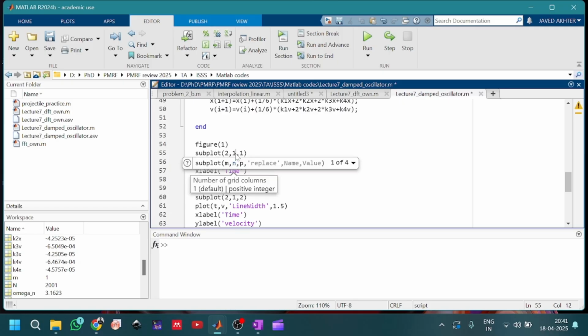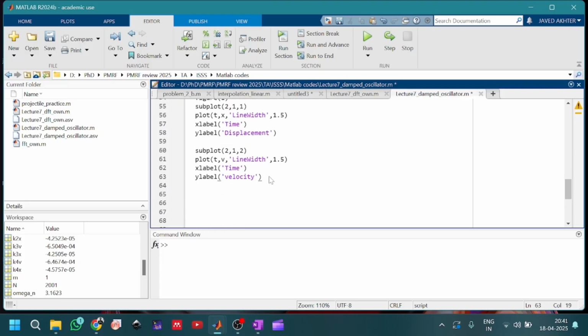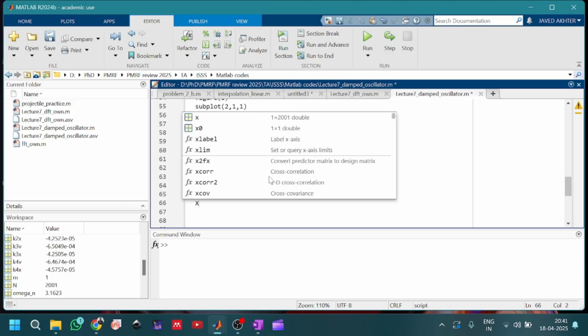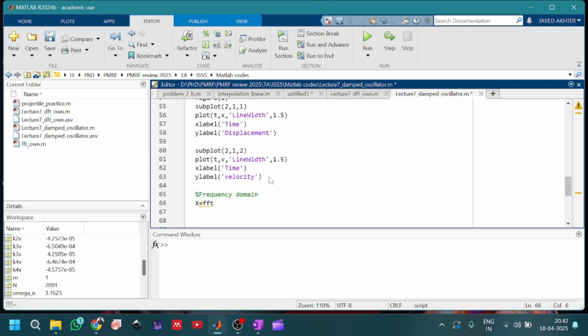transform of this time series data. So how can you perform the Fourier transform? We want to get the frequency domain now. So what will be the Fourier transform? We know that we have to write this FFT. So this is the command for doing FFT or fast Fourier transform to any data, and how you will get